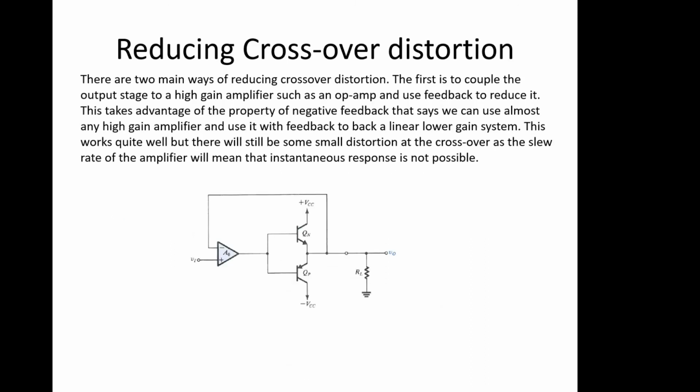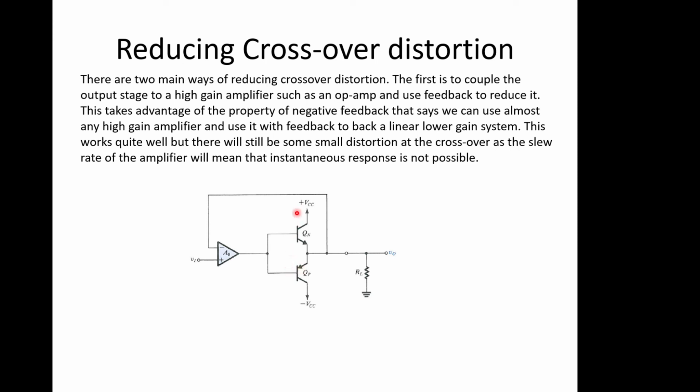It's not great. The sacrifice we've made is we've introduced this crossover distortion by having a kink in this area here, remembering we've got to have 0.7 of a volt here before this transistor turns on, and minus 0.7 before this transistor turns on. So we would like to try and think of a way of reducing that,